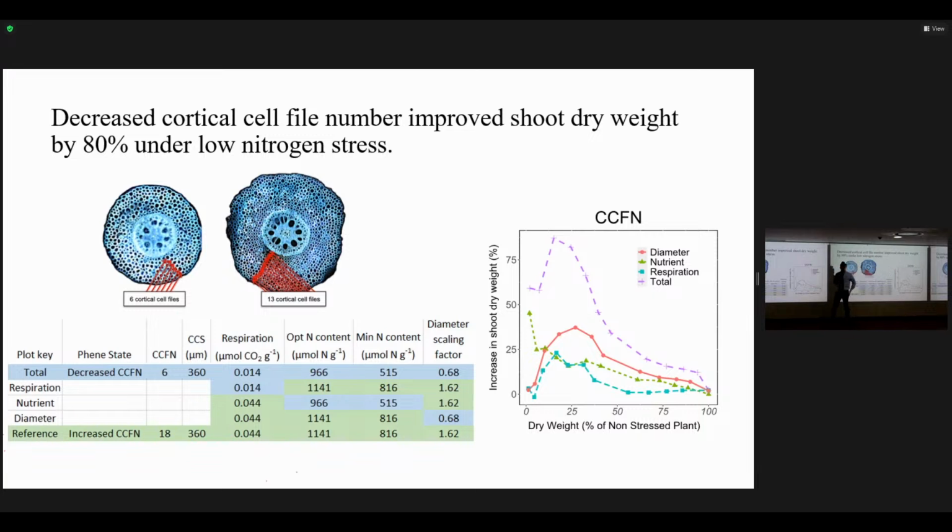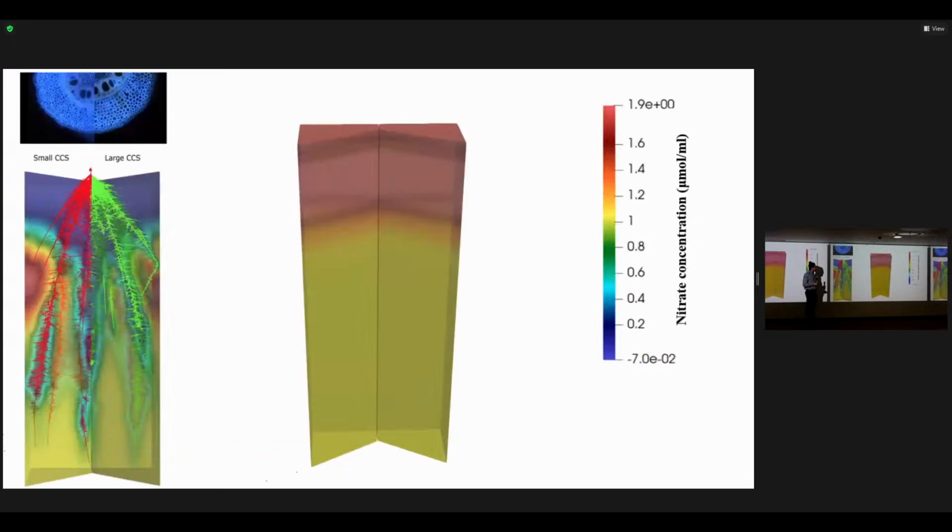So this was interesting because there is a relation between cortical cell file number and diameter, because whenever you increase the number of files, you also increase the diameter, which also increases the cost of maintenance of the tissue. So whenever you have a reduced cortical cell file number, you have less diameter, and the diameter is also helping the plant. So that was a good finding that we observed for the cortical cell file number,